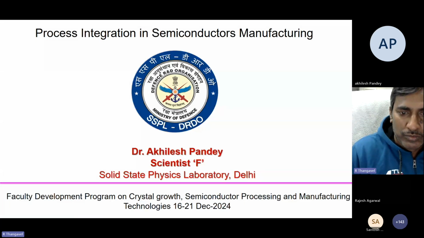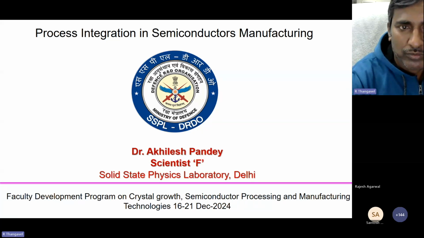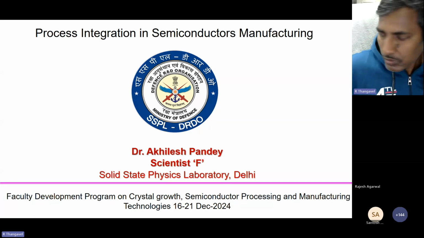Semiconductors have a lot of applications in military and defense. Recently, Tata has launched three major projects. One is in Gujarat, two is in Gujarat, Dholera and Sanand, and the third one is